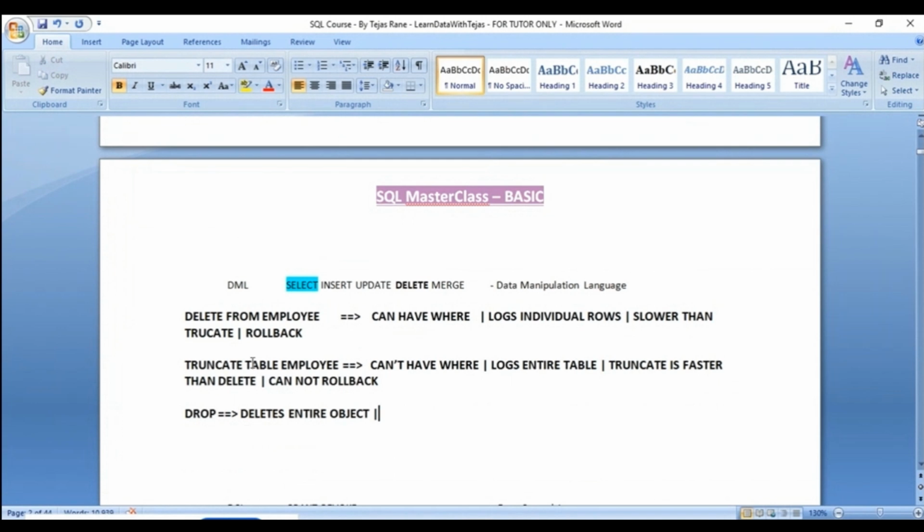So this is the major difference between truncate and drop, where drop deletes the entire object, so the structure is also deleted, and truncate keeps the structure, but